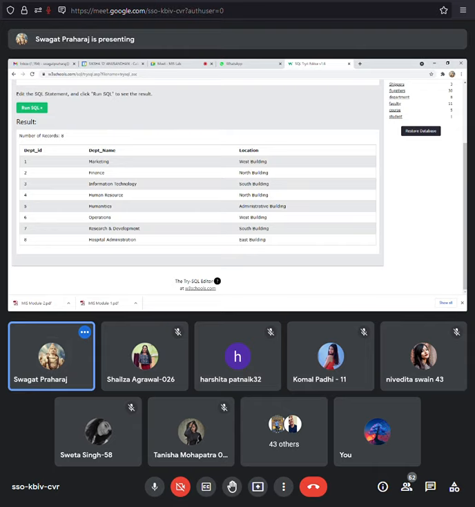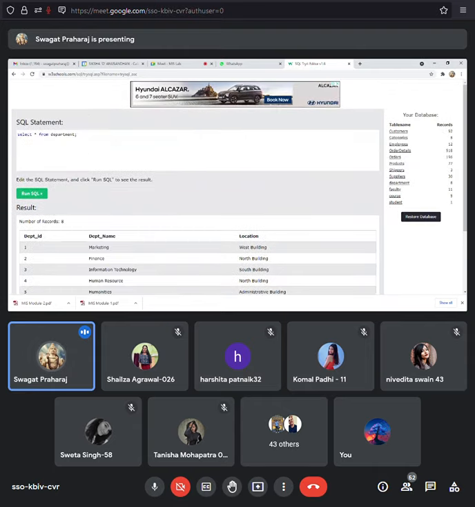So I will run a very small query which will help to get this answer. My question is, which are the departments in the north building?